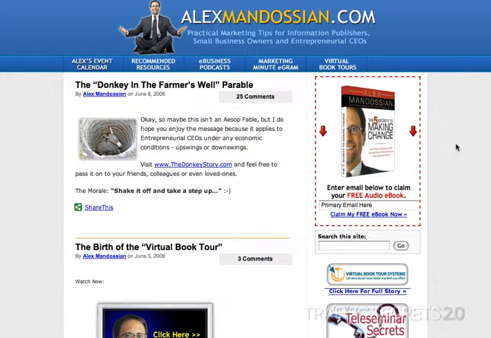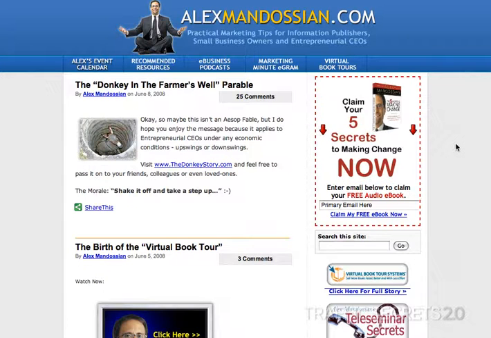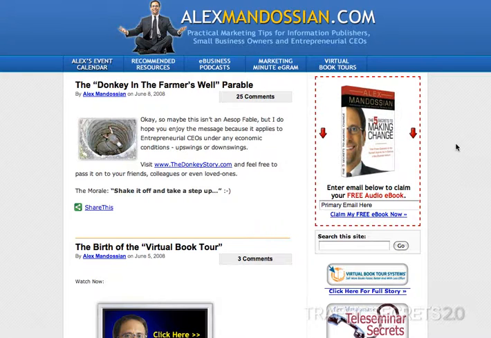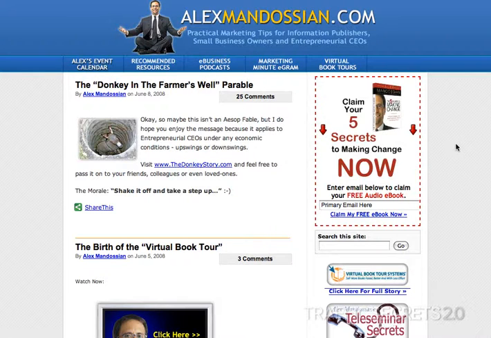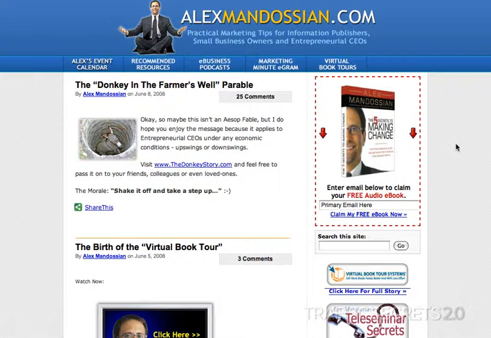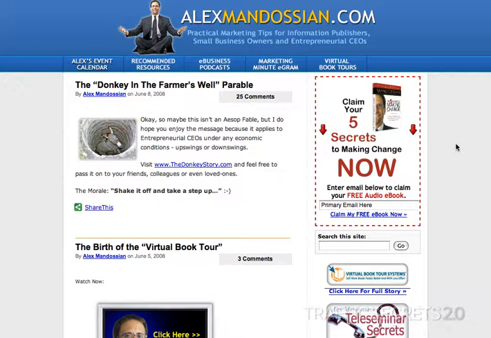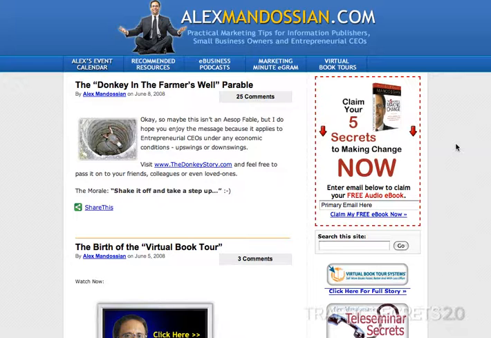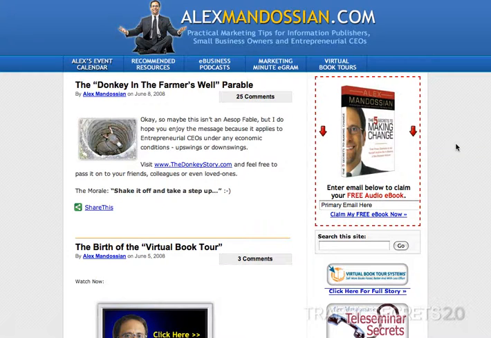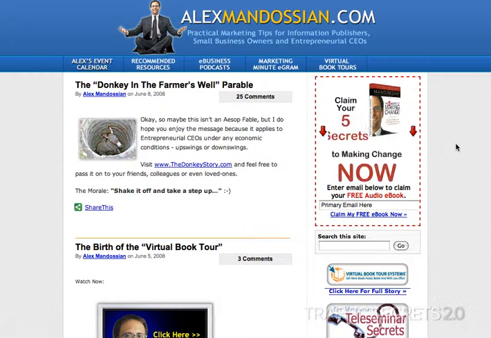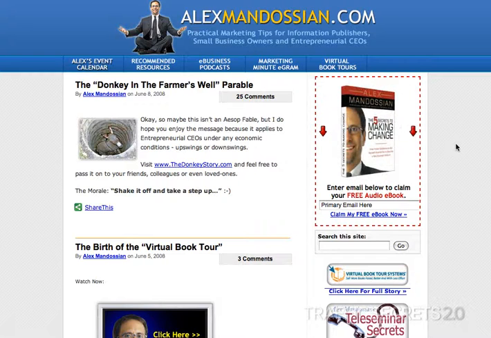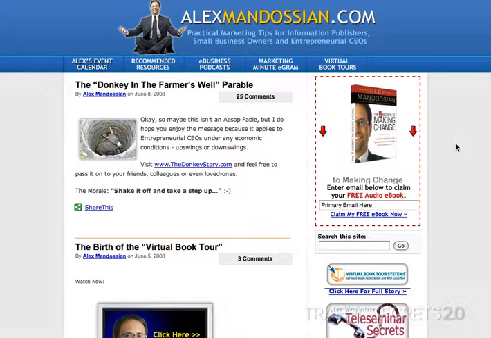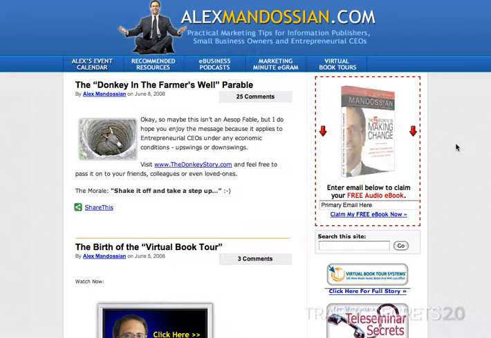But if you put a little virtual image of what the report is, you can have one made. It gives it a good feel that they're getting something. It's not just electrons they're downloading, even if it's just a digital download. So you can see Alex is using that here, and this animation is getting all kinds of attention because he really wants people to see that. You don't have to use animation like this. You could try it. You want to test it. But that's just how you do it.